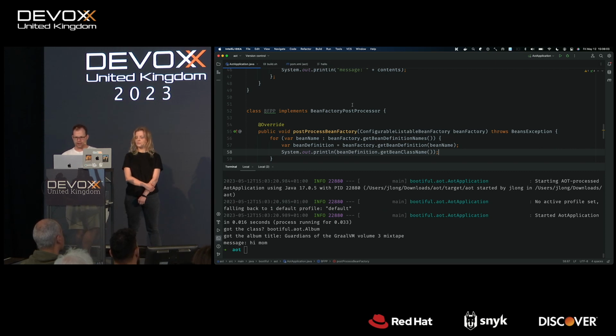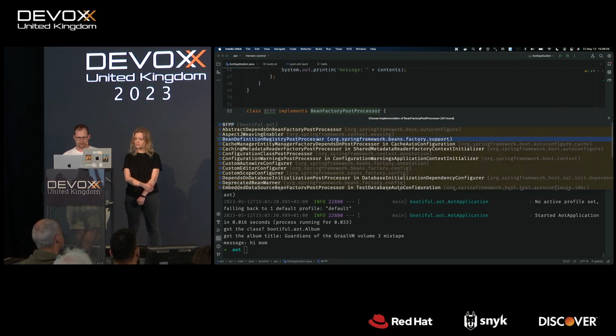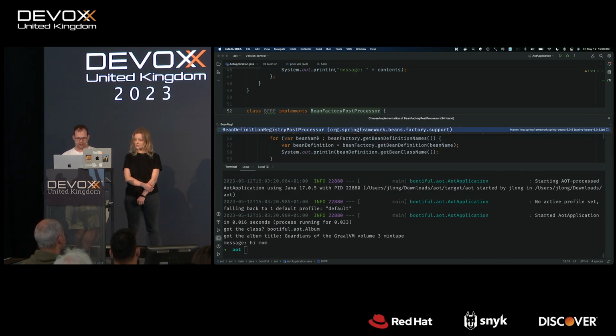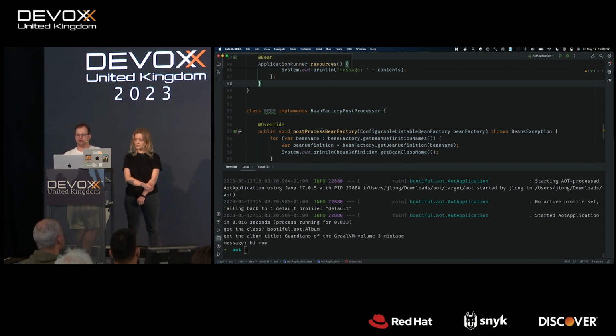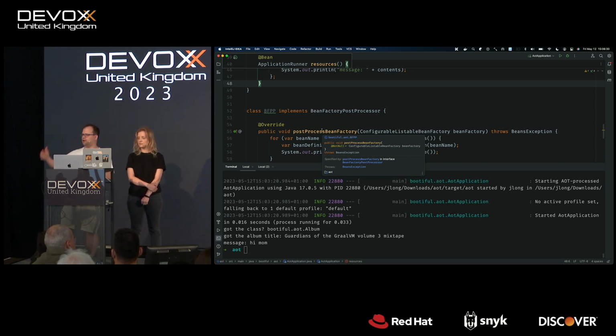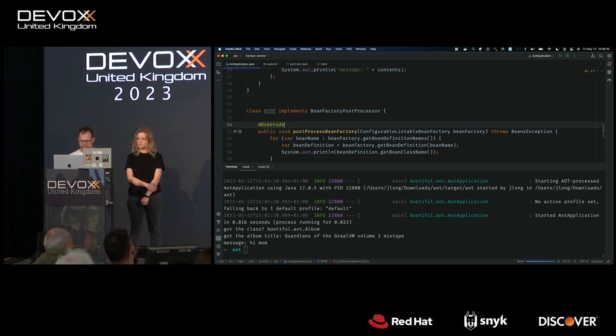I can even, if I want to, use a subclass of this interface called the BeanDefinitionRegistryPostProcessor. In this case, you can actually register new bean definitions, right? So this is very low level, but the idea is that you can completely control what objects are present in the application. And this is before we've done anything, there are no live-fire objects at this point. We haven't opened up any network connections. There are no sockets. It's just a meta model about all the objects before they all get created, initialized, and then wired up together, okay?